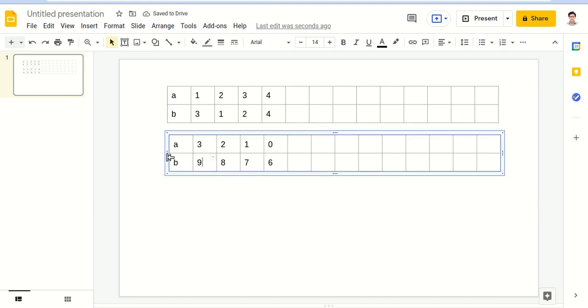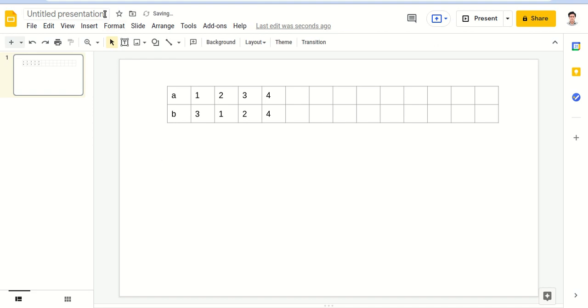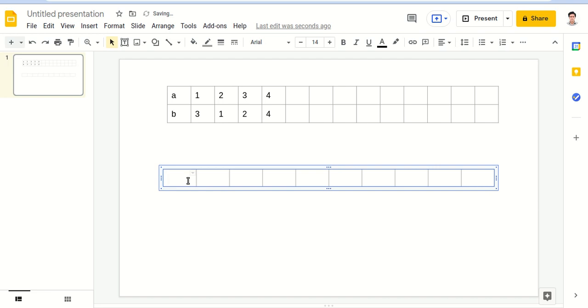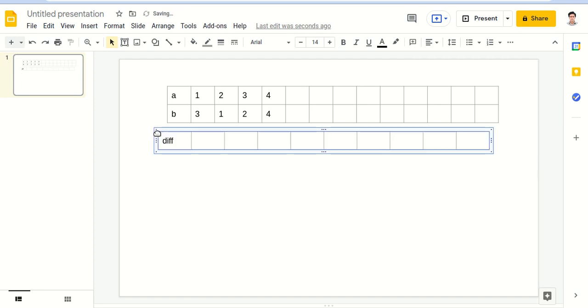We can calculate the differences at each index. At the first index, what will be the difference? It will be -2. At the second index, the difference is 1. At the third index 1, and at the fourth index the difference is 0. So this is the condition, this is given.